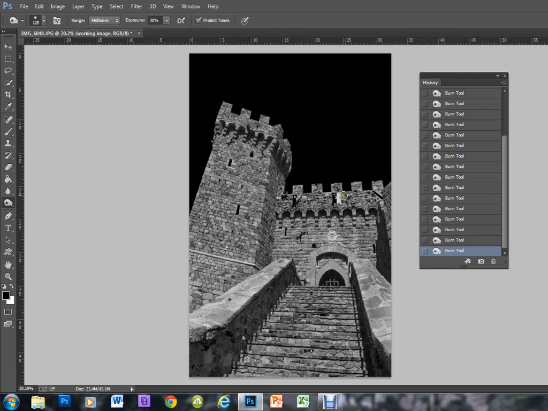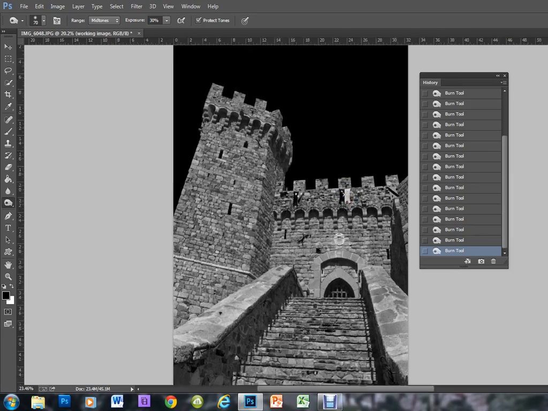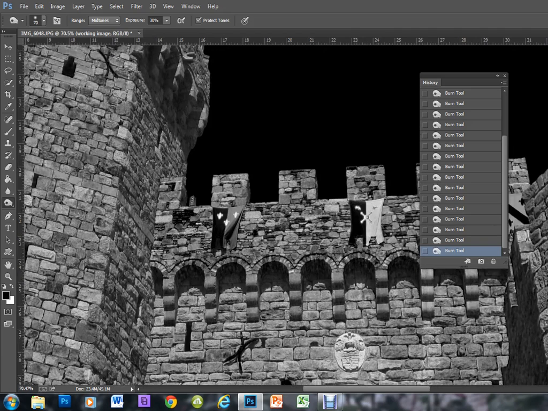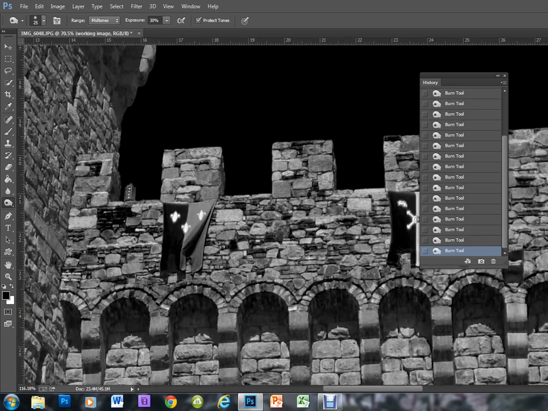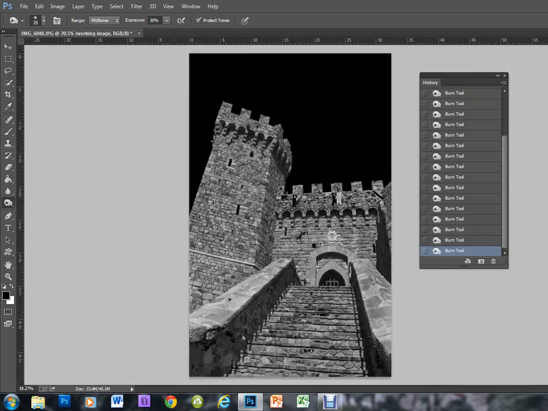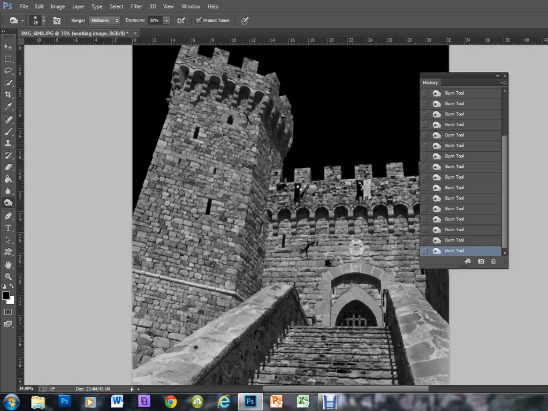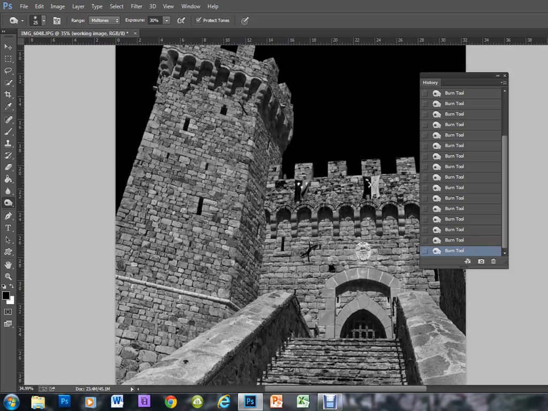We're going to come up here and do a little more on the shield on this part. Let's zoom in really close on that hanging flag. I'll burn a little bit in there and make a smaller brush. If you use the bracket keys on your keyboard, you can change the size of your brush very quickly. You can make your brush smaller or bigger using the bracket keys. Okay, so now we've done